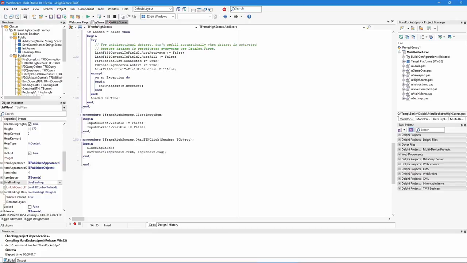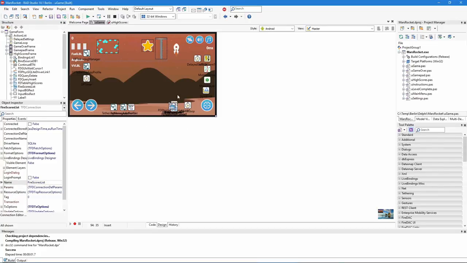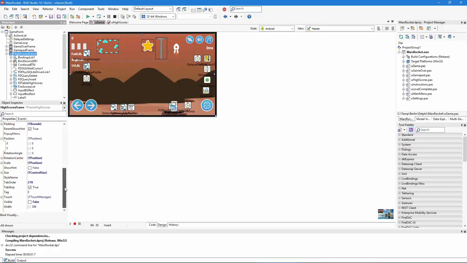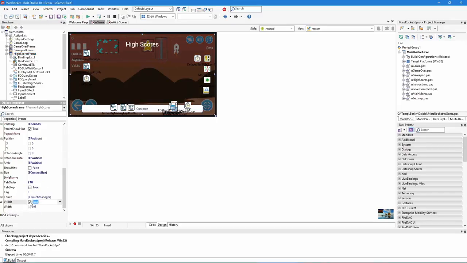And then if we go over here to the main form, you can see that all of those non-visual controls are here in the main form as well. I can click on those, and then here's the high scores frame, and I can unhide that here, and so you can see that it's styled and embedded in the main frame